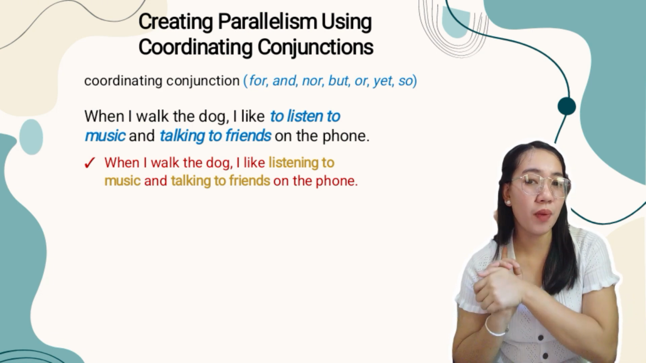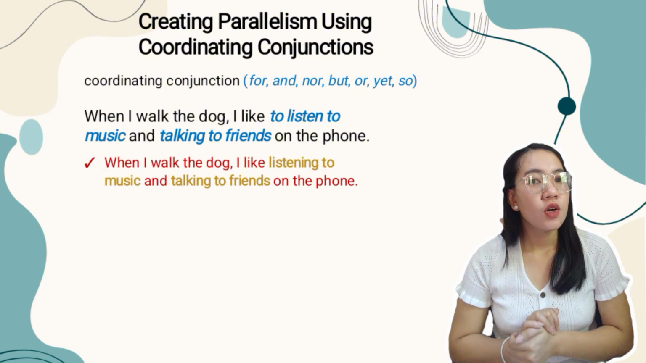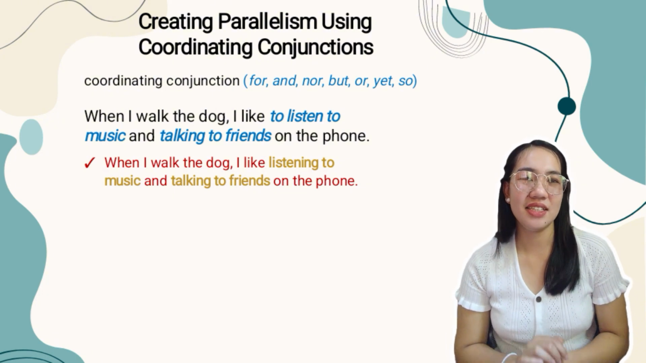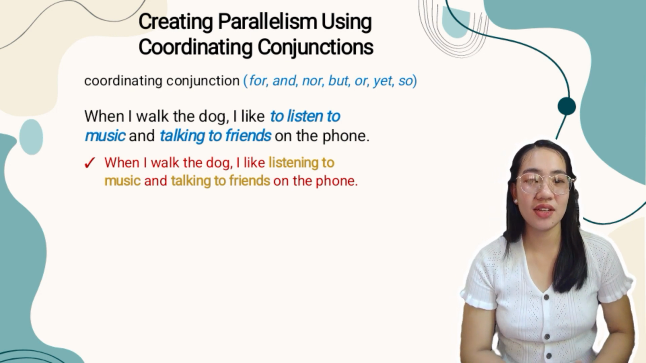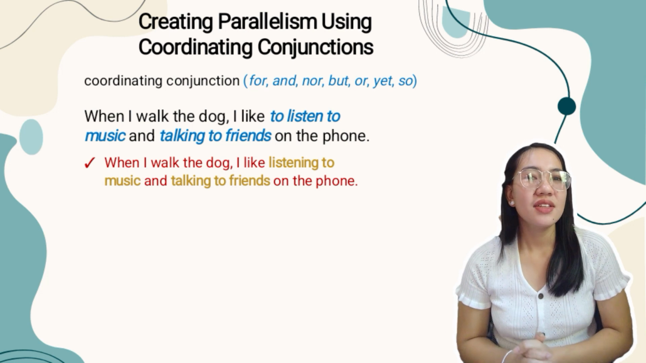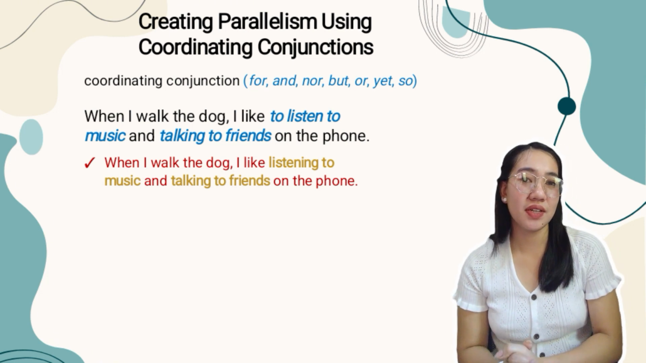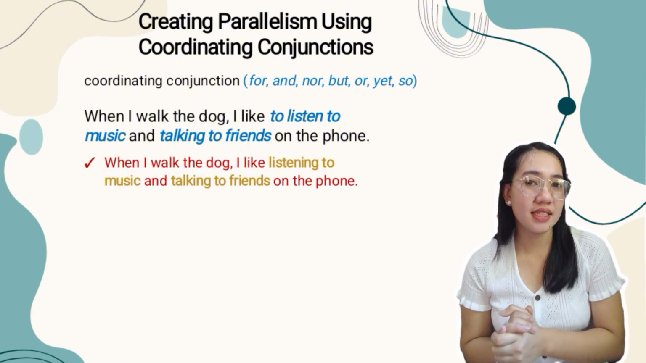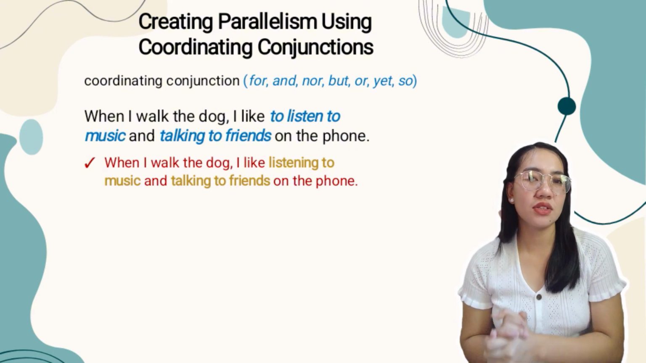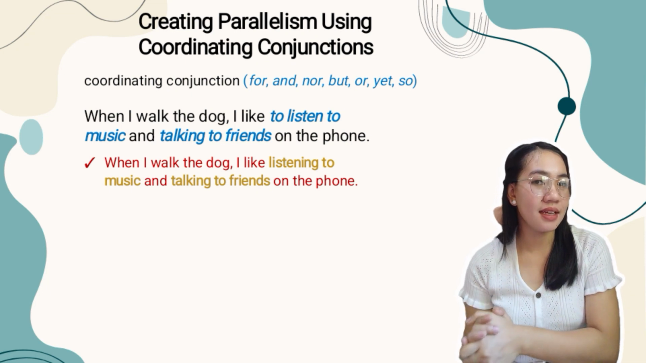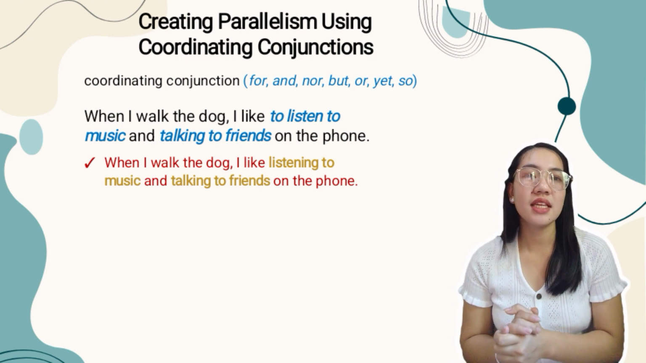That is a faulty parallelism. When I walk the dog, I like listening to music and talking to friends on the phone. And that is how to write it. The first sentence uses two different verb forms, to listen and talking. In the second sentence, the grammatical construction on each side of the coordinating conjunction and is the same, creating a